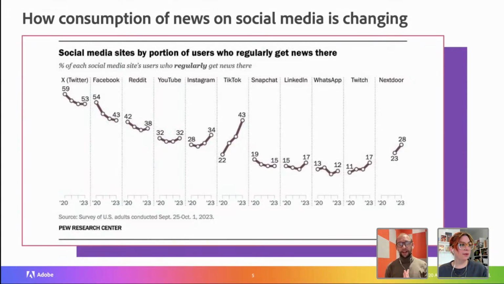So unsurprisingly, a few of the primary news consumption platforms are declining. X, for obvious reasons that we won't go into right now. Facebook, naturally, we've seen a decline of news on Facebook. More and more people, however, are getting their news from Insta and TikTok, as well as from other platforms that I did not expect so much. From Twitch and Nextdoor, the smaller communities are starting, and we'll talk about this a lot, actually.